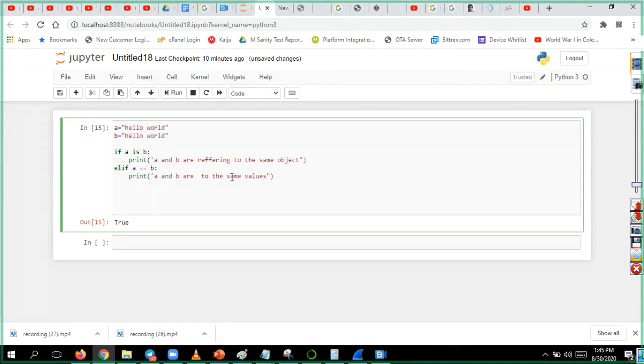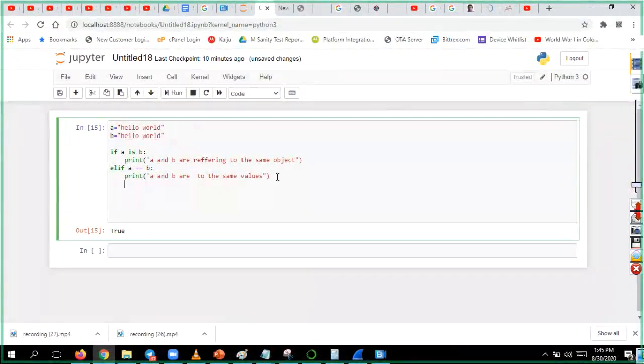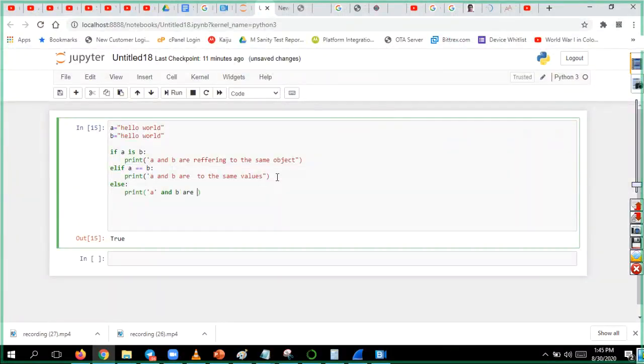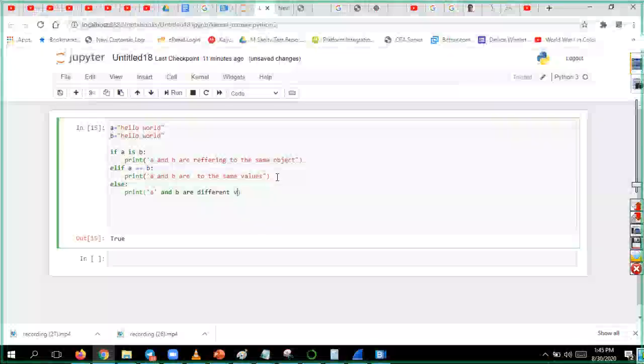Okay, else, what I'll say is print A and B are different values.